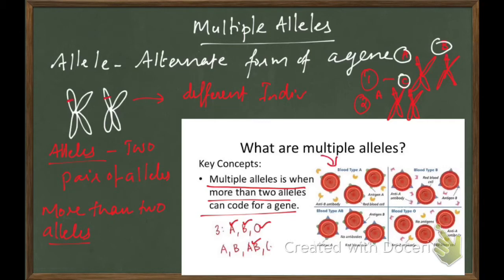Here you can see blood type A. They have an A type antigen on the surface of RBC. Whereas in the B blood group you can find another antigen, that is B. In the AB blood group, we can see both A antigen as well as B antigen. And in the O blood group, there is no antigen on the RBC. Blood group A has antigen A, blood group B has antigen B, and blood group O has no antigen.